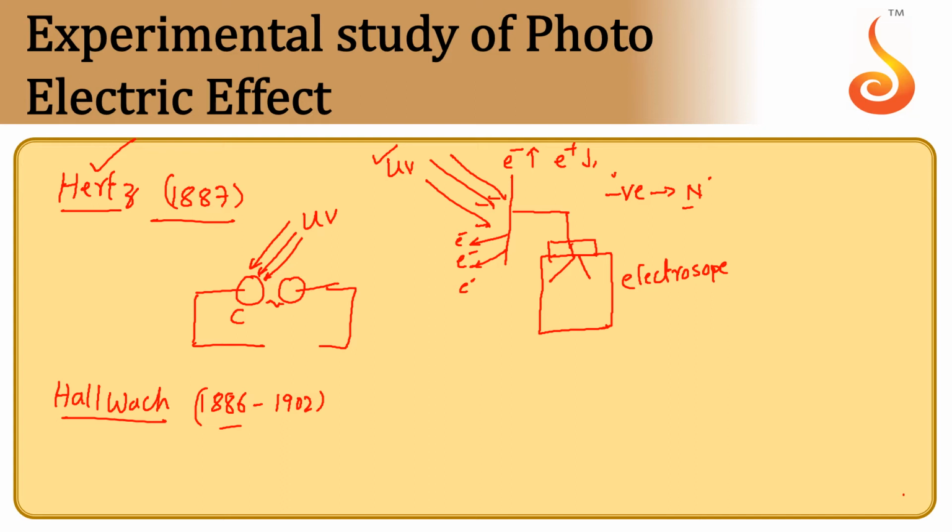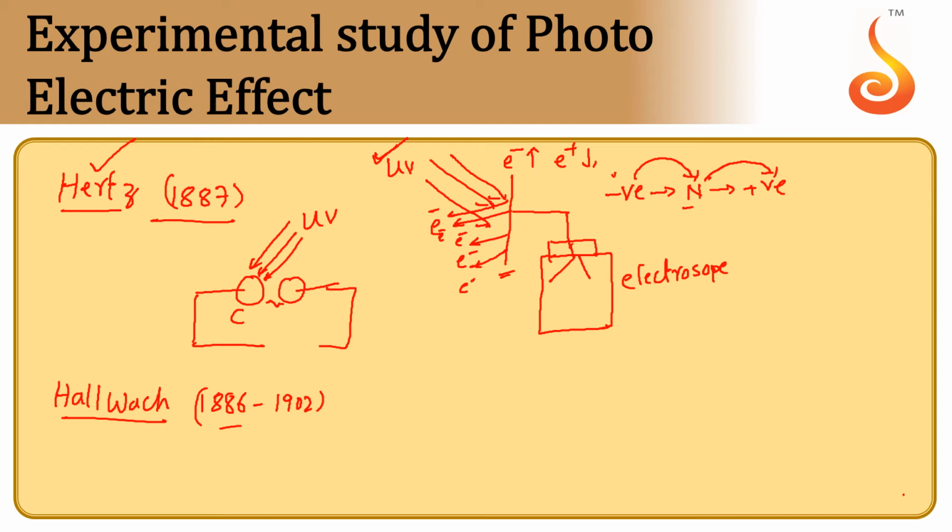And if the experiment was continued even further, he also identified that the neutral plate turned positive. What does it mean? Even more electrons have been removed. A negative plate can turn neutral only when the extra electrons are removed, and a neutral plate can turn positive only because still more electrons are removed, just because the ultraviolet rays were incident on the zinc plate. So this is the experimental observation made by Hallwachs.